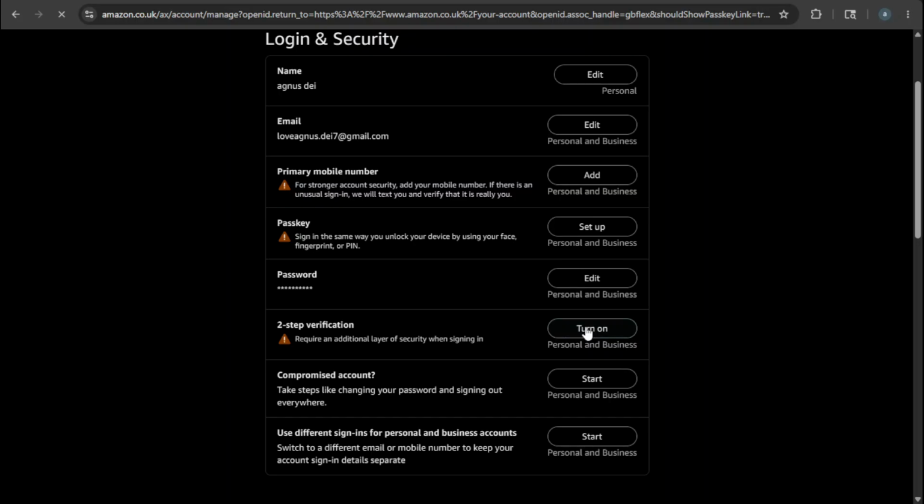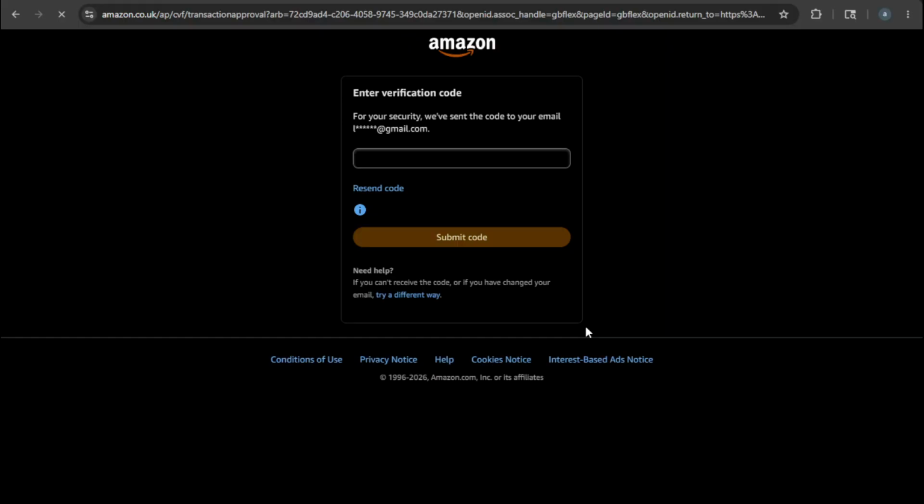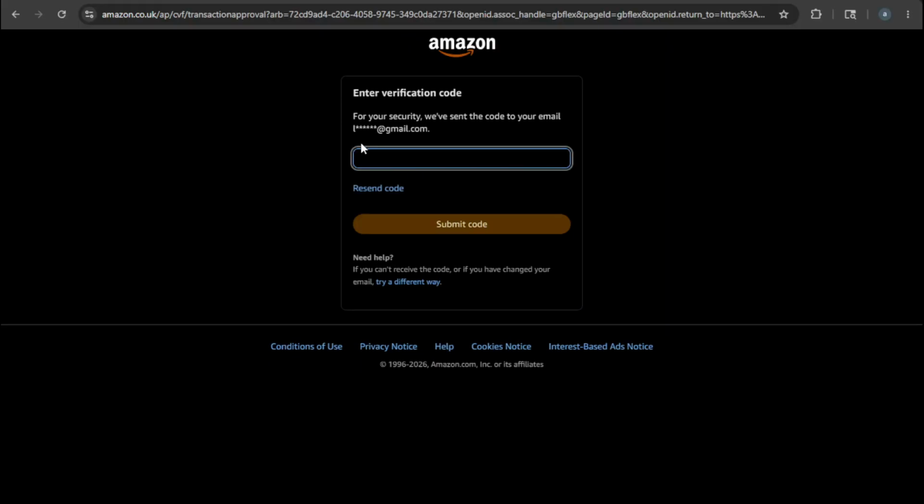Be sure to follow each prompt carefully. This might involve entering your phone number or scanning a QR code with an authenticator app. After you've completed the setup, Amazon will usually send a test code to ensure everything is working correctly. Make sure you receive this code and enter it as prompted to confirm that two-step verification is set up correctly. This test step is essential because it ensures that when you log in the future, you'll receive the necessary codes